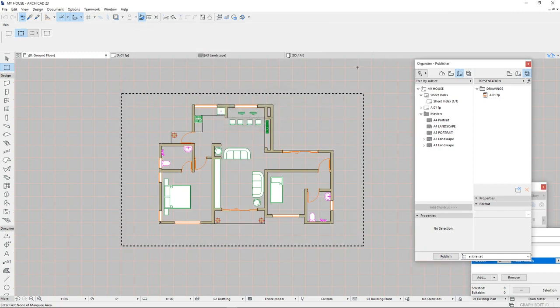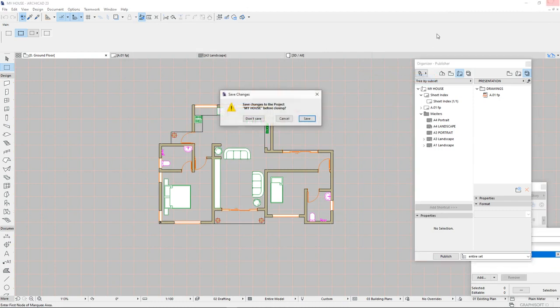Now we have that saved. We no longer need this window. I'll close that,